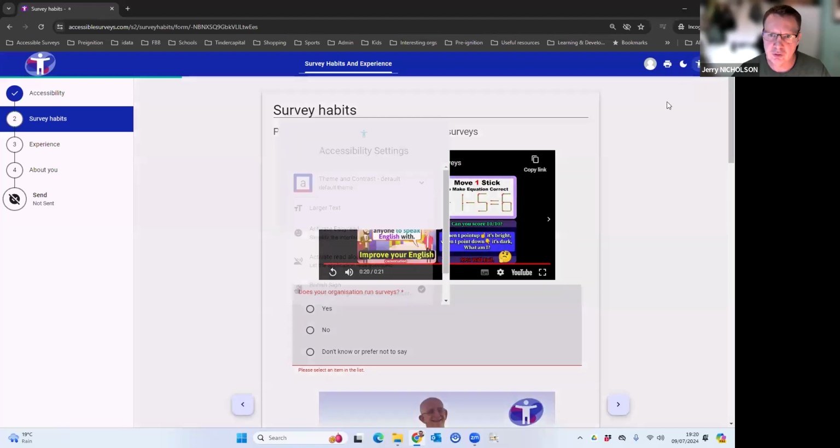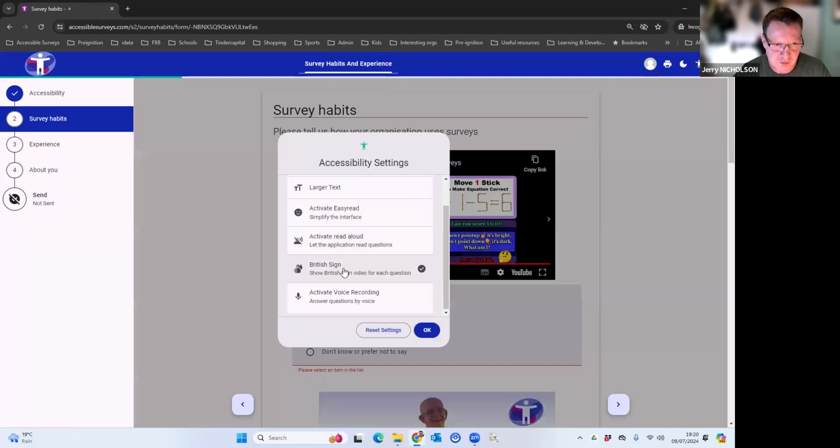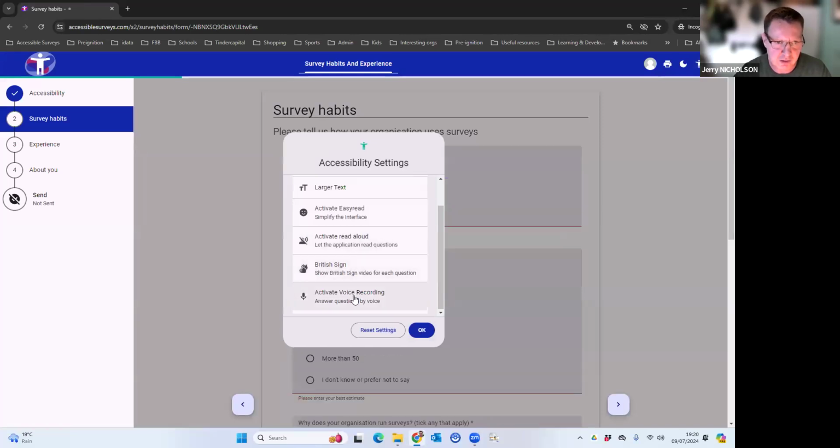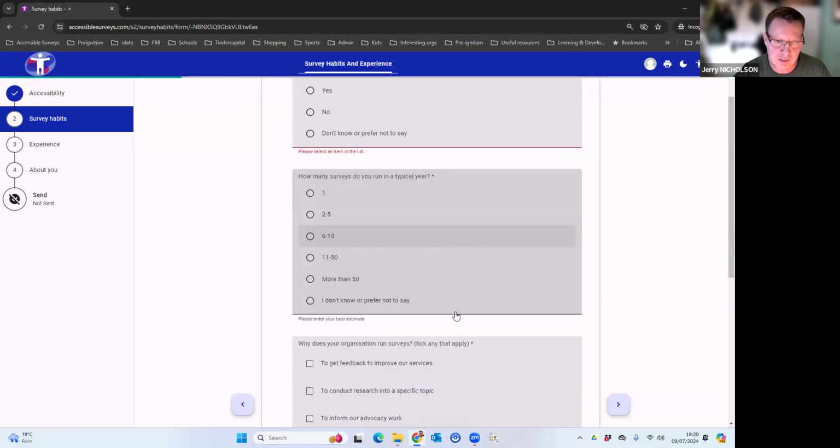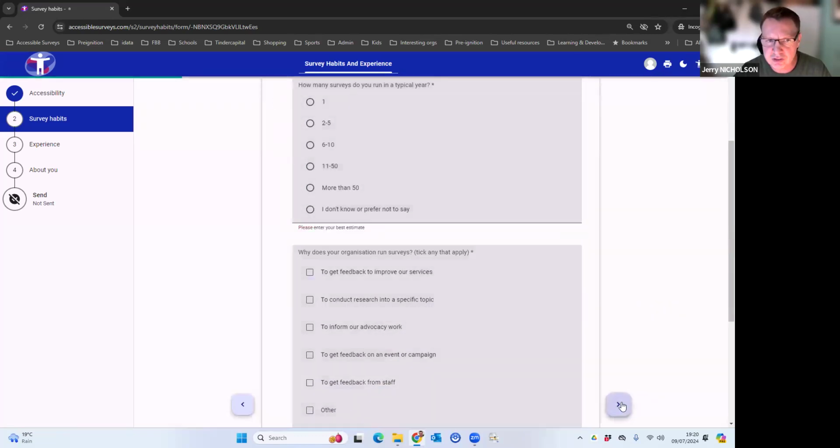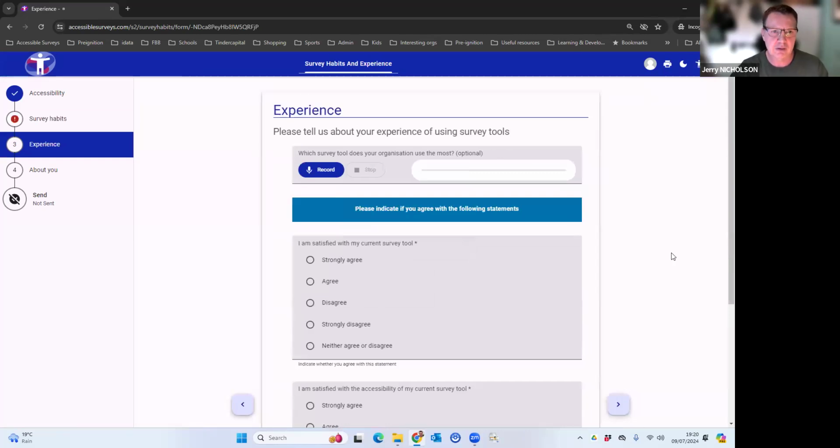I'm now going to show you the last accessibility feature which I want to show you, which is the voice recording feature. So I'm going to activate the voice recording feature. What this does, this is applied to text-based questions, and it allows respondents to leave a voice message to a text-based question rather than type in their answer.